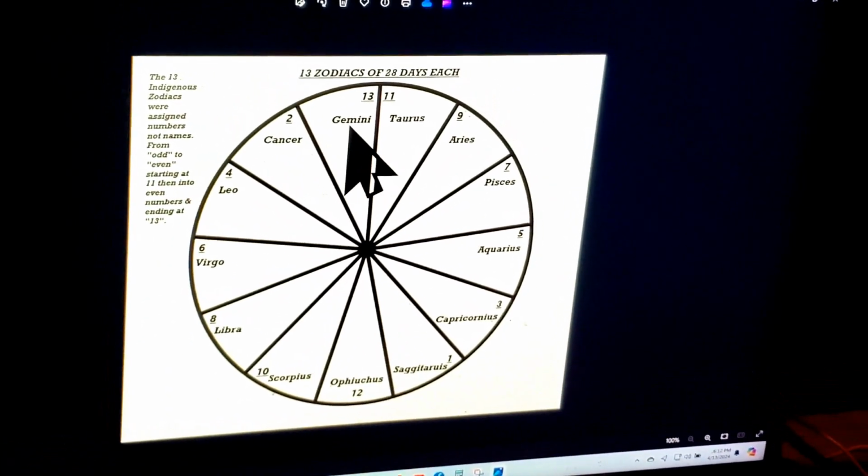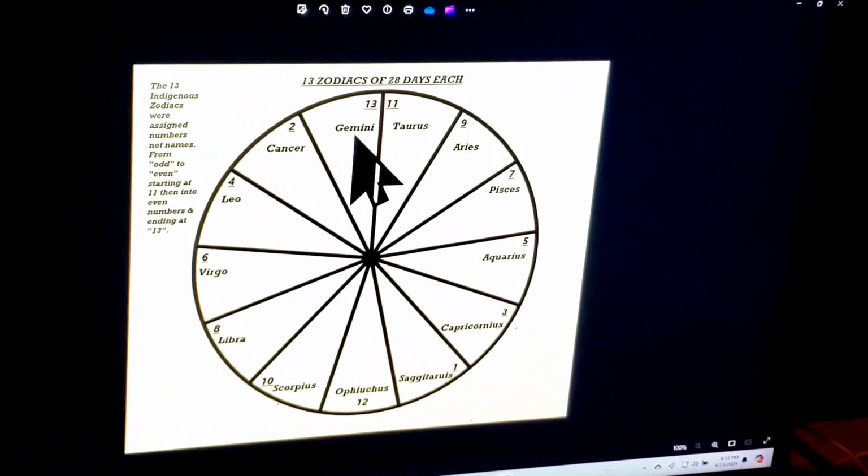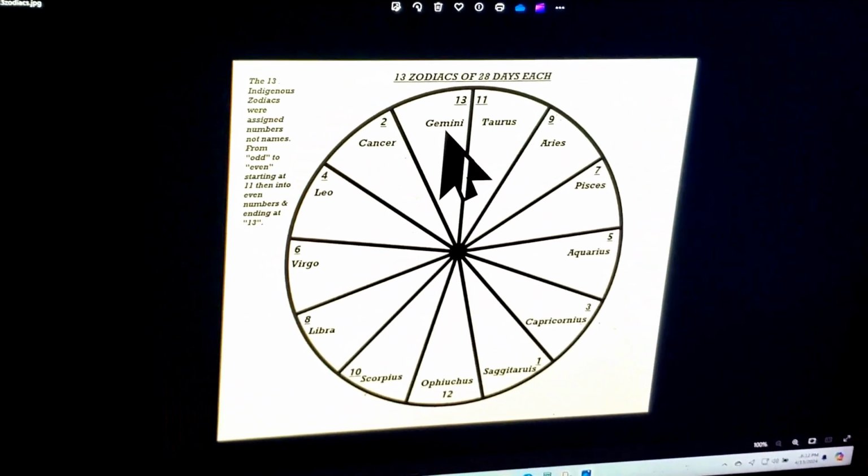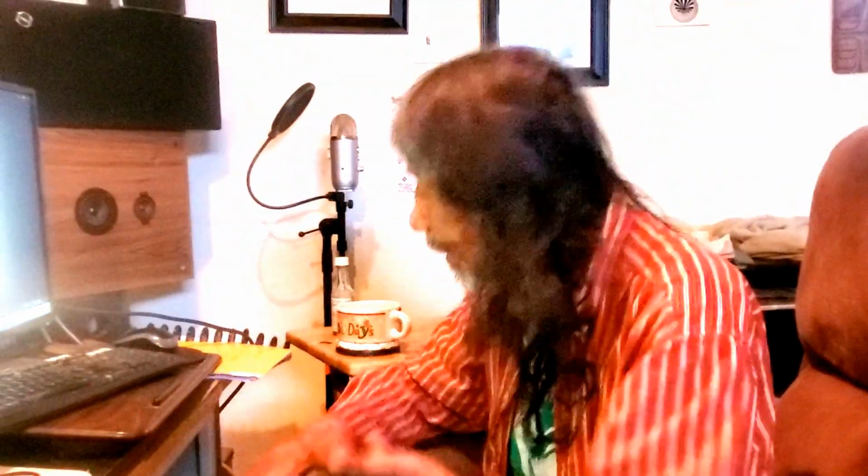And there's another interesting thing about Gemini. It has to do with precession of the equinoxes. All of the world cultures have stories of sacred twins, no matter where you're at. Whether you're in Rome, whether you're in Danae, whether you're in Mesoamerica, it doesn't matter. Everyone has twins in their stories, but nobody ever wonders why. I'm going to explain to you why.